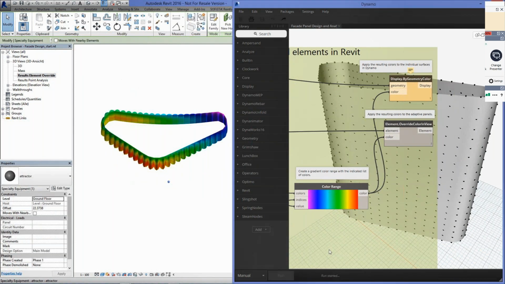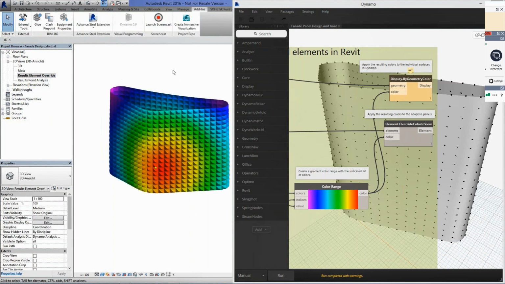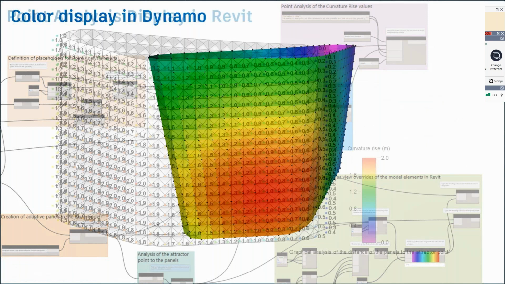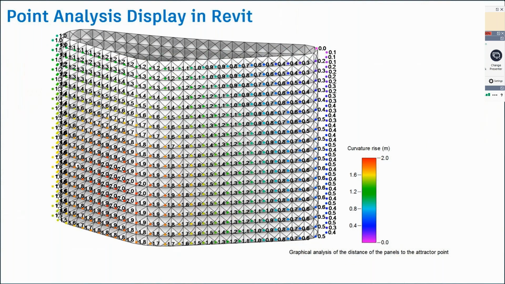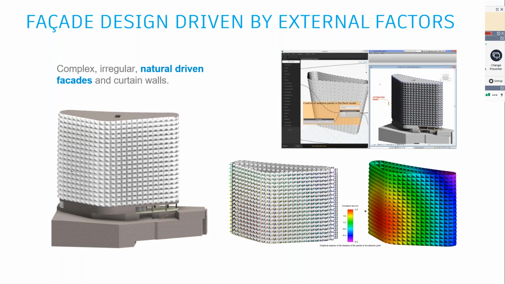When I'm having higher radiation fall on specific panels on my facade, those panels should automatically close, so I have less heat being transmitted into my rooms. And similarly, panels where I have lower intensity of radiation should automatically open for natural ventilation. So those kinds of scenarios can also be generated.